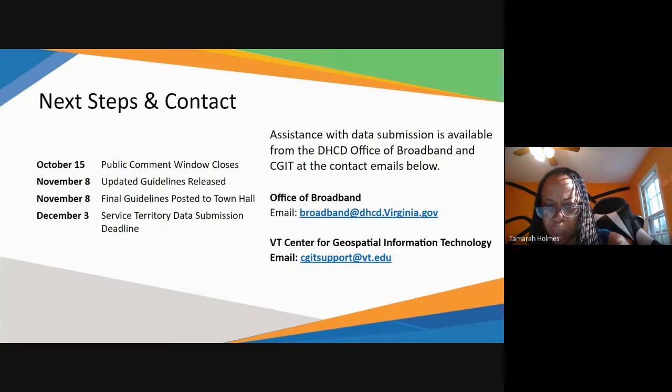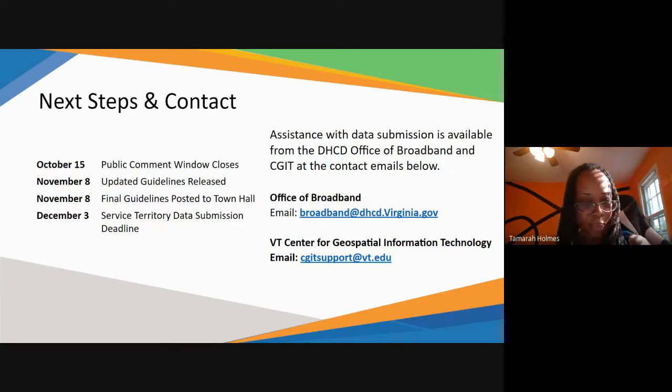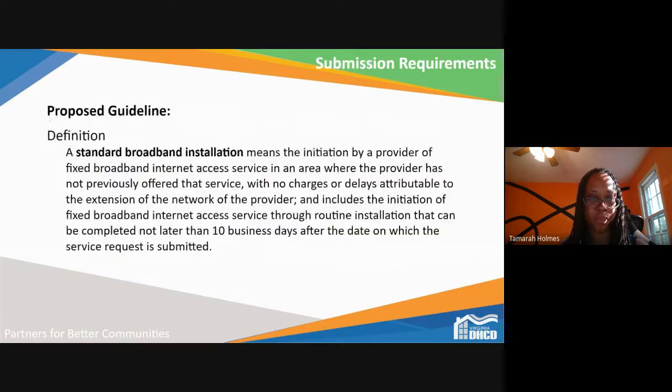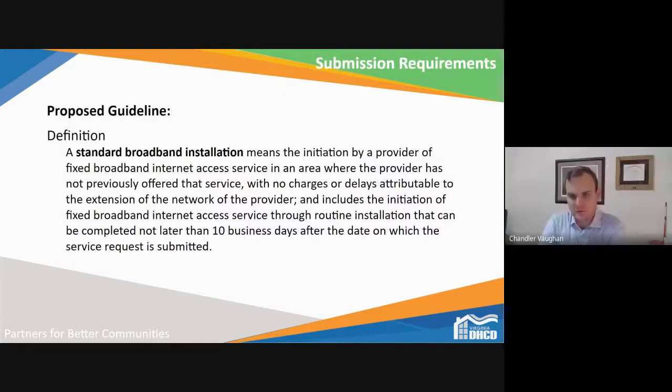Okay, and there's a question from Tom Eanes. The CSV spreadsheet bullet points indicate that providers should distinguish between residential and business. So would business locations have installation windows longer than 10 days? Was that on our slide, Tom? Or is that an actual guideline document? I think what Tom's referring to is the 10-day requirement here, 10 business day requirement under a standard broadband installation. Sorry, Tom, I see you're unmuted now.